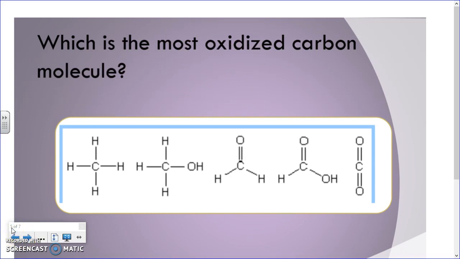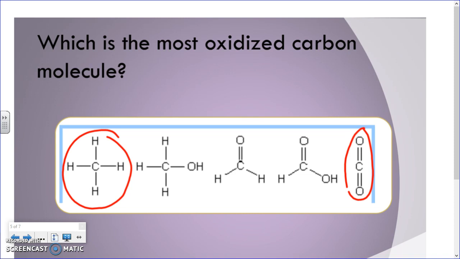So if we look at this slide, we'll see many different carbon molecules, and it's asking a question, which is the most oxidized carbon molecule? Okay, in this case, the most oxidized carbon molecule is this one. This one lost all its hydrogens. It has absolutely no hydrogens. So it is the most oxidized carbon molecule. There are no hydrogens attached to it. It lost all its hydrogens. And we would actually call this one the most reduced, because it has the most hydrogens compared to this one, but don't worry, that's more complex. But remember,